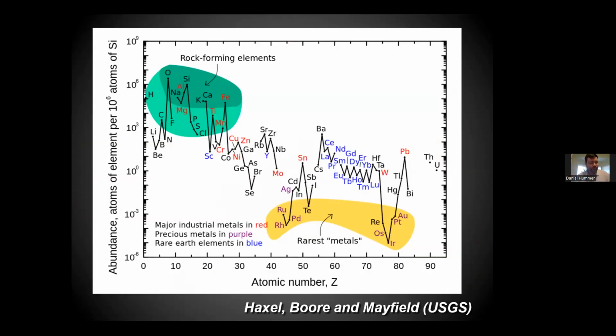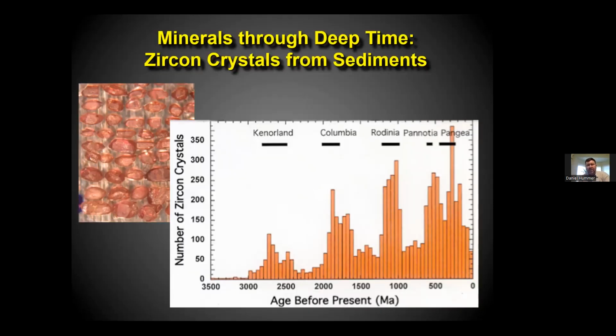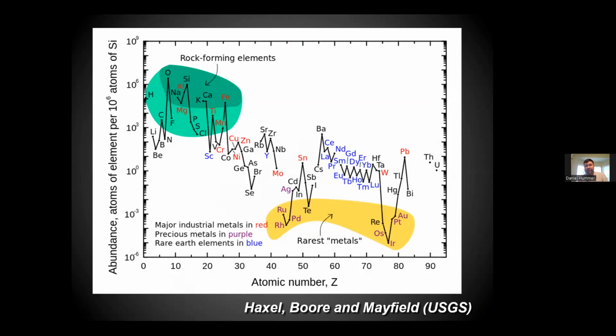So I wanted to know, well, we can do this with this particular mineral, zircon, but can we do it with other minerals, and can we do it with entire mineral systems and look at how that chemistry systematically changes over time? And in particular, I was really interested to see what the effect of oxidation was, because we know one of the major events in Earth's history was the Great Oxidation Event, where oxygen entered the atmosphere for the first time.